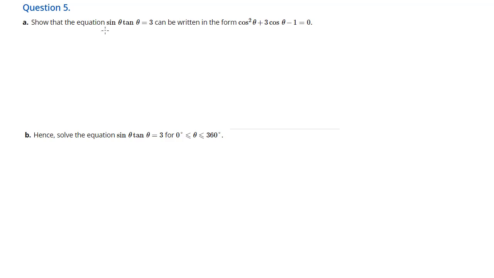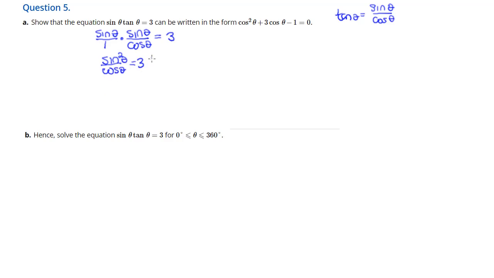Okay, so show that the equation sine tangent equal 3 can be written in the form cosine squared plus 3 cosine minus 1. All right, so tangent's equal to sine over cosine, so we can replace that, and I'm going to make the sine a fraction so they kind of line up, equal 3. And now it seems the next thing to do would be to go ahead and multiply those together. And you multiply fractions, it just goes straight across, so that's going to give you sine squared over cosine equal